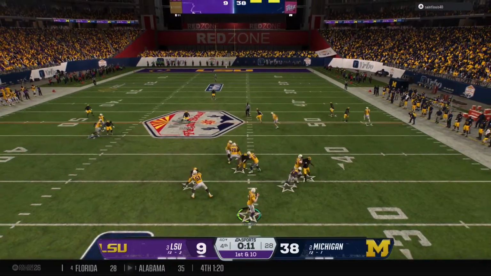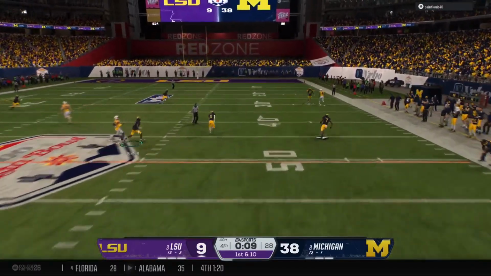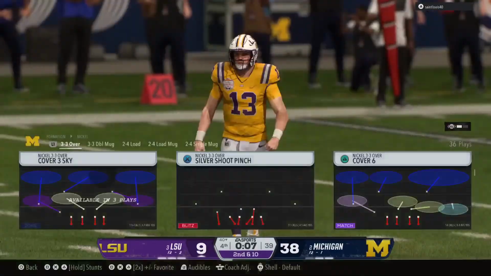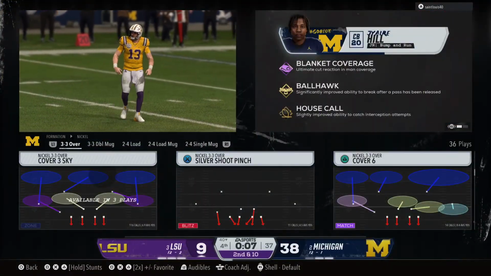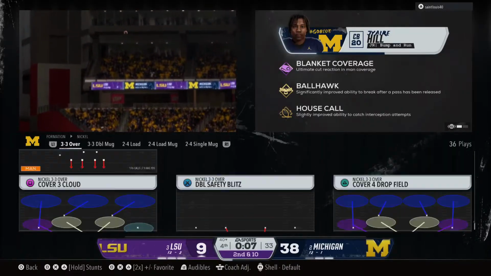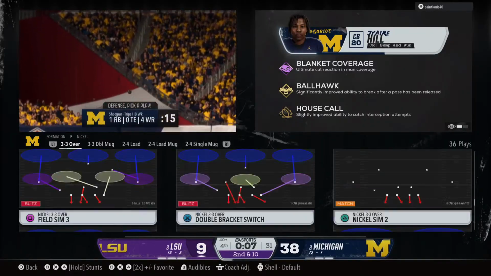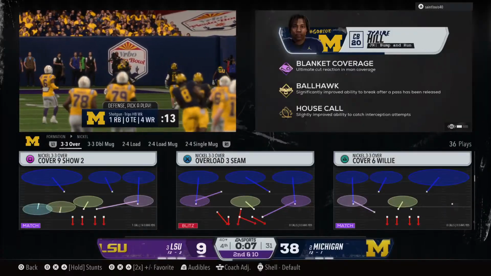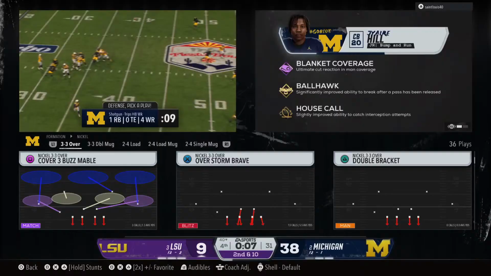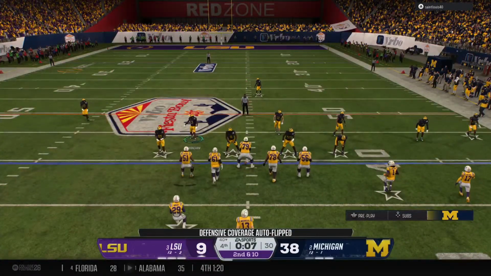Here's the snap. Looking to throw here. Taking a deep shot here late in the game. And that one's incomplete with just 7 seconds left on the clock. How about the defense today? They have played so well. I think the defensive coordinator put together a great plan. His kids clearly understood their scheme because they have been aggressive and attacking all game long. Incompletion makes it second down.